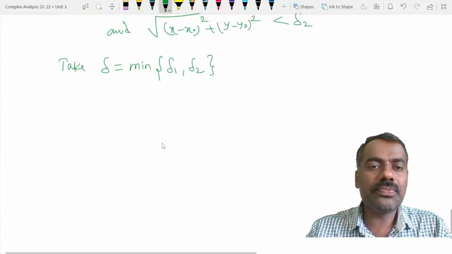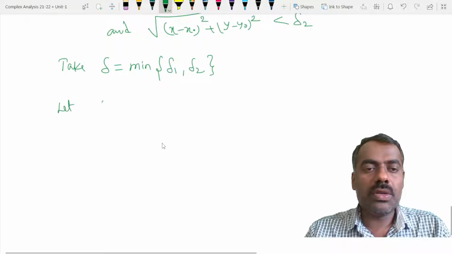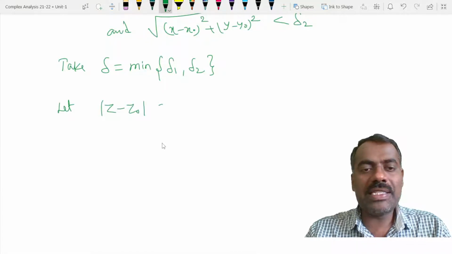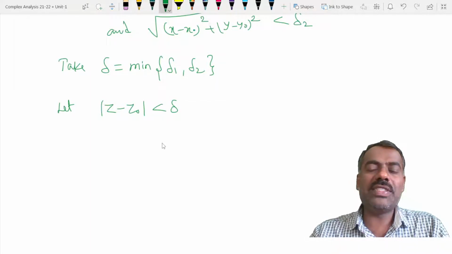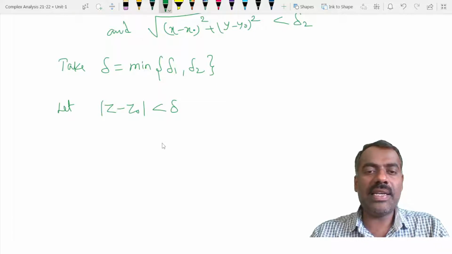Is this clear? So let |z − z naught| be less than delta. For these points, we'll show that |f(z) − w naught| is less than epsilon. Is that clear? But this is same as saying that again,